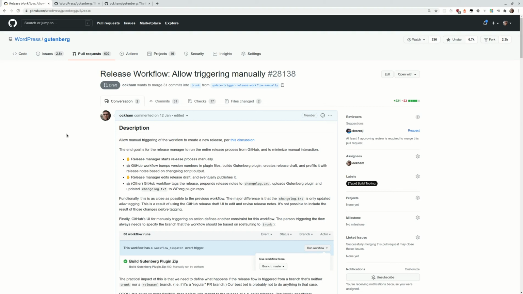Hi, I'd like to demonstrate a few changes to the release workflow of the Gutenberg plugin, which come from this PR here. We're currently using a shell script that we run manually on our machines to kick off the Gutenberg plugin release process, where we can select whether to create a release candidate or a stable release and provide a